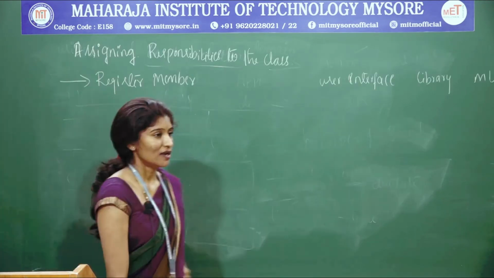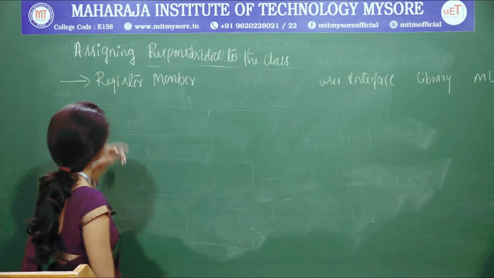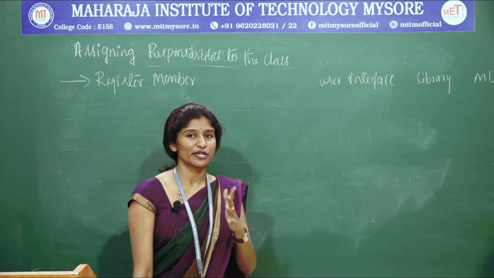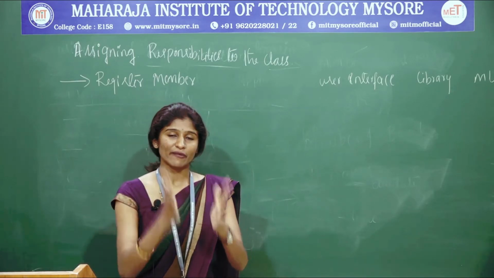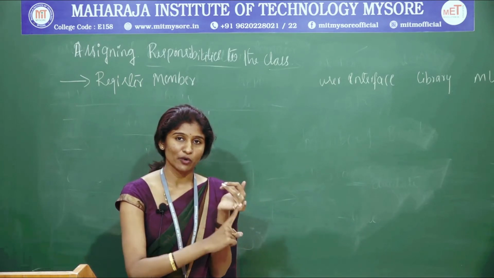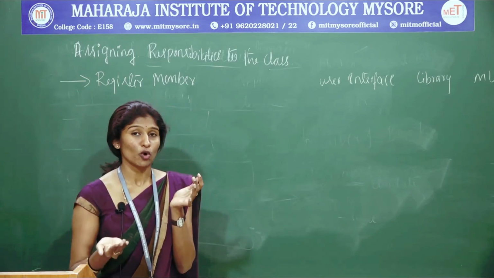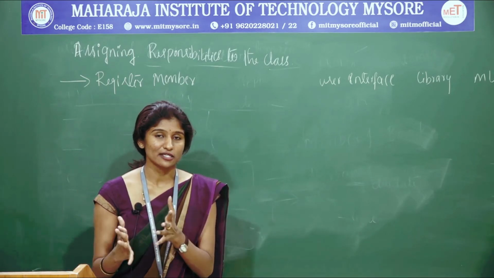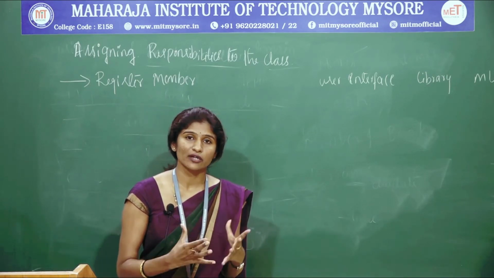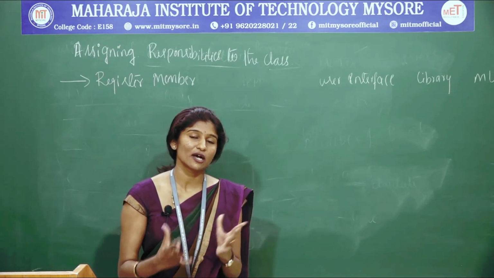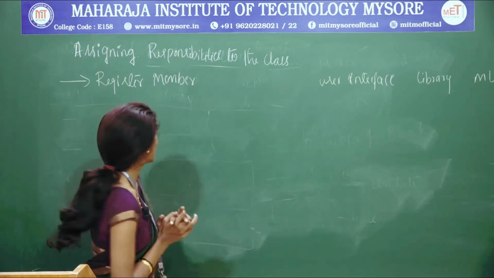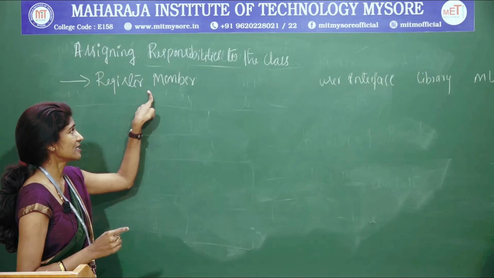Now we will see the next topic, that is assigning responsibilities to the classes. We need to assign the responsibility for each and every class. I have explained the class book, the class member, the class borrow, and the class old. So we have seen all these different classes. Now I am going to assign the responsibility for those classes, meaning how they are going to work and how they are going to interact. We are going to study those things through the sequence diagram. Under that, the first sequence diagram is registering a new member.